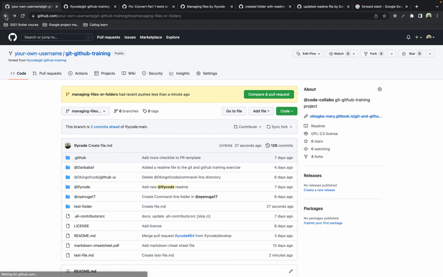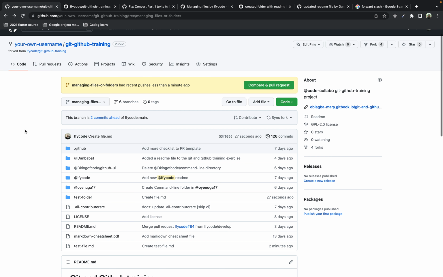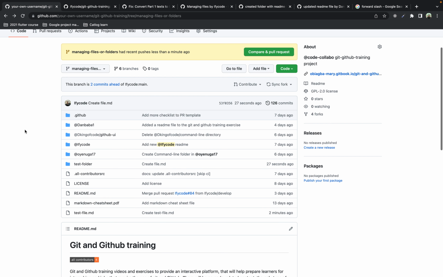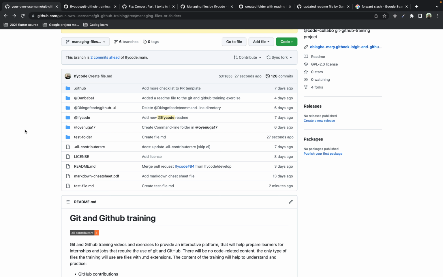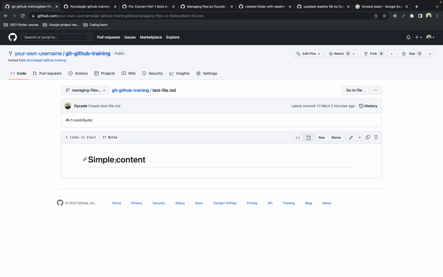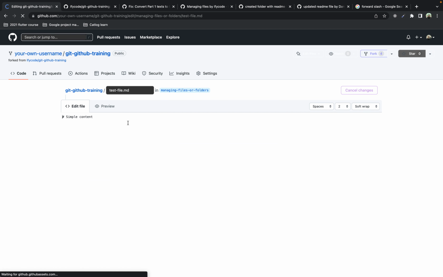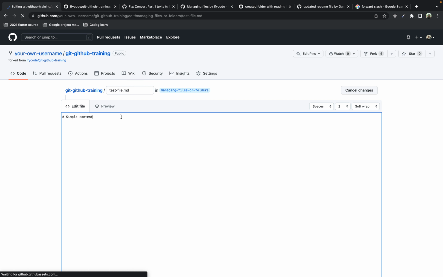How to edit is easy. We've done it in previous videos, but I'm just going to revisit it. If you want to edit a particular file, you have to click on the file. So if I click on test file, for example, it would take me to a page where I can preview the content, and then on that page I'm going to see an edit button somewhere for the file. So if I had a simple change,